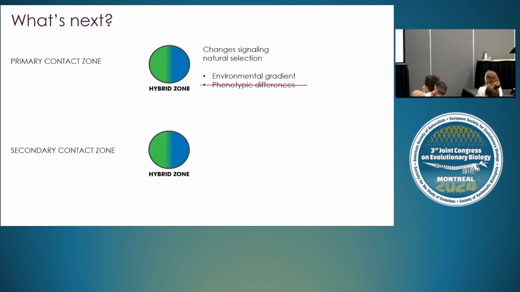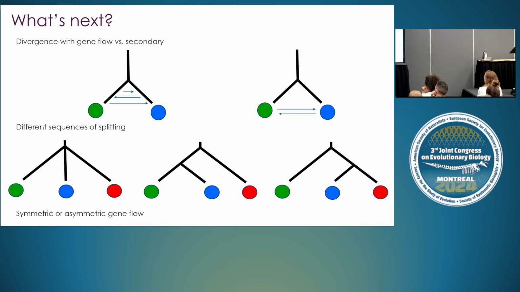What's next? Well, we have tested the phenotypic differences that are not there. We have to prove the obvious, that there is no environmental gradient in our system. I think we have to prove it formally. And we have to do all the combinations of potential scenarios, right? We have to see the differences in gene flow during diversification or after diversification. We have to see the different splitting patterns, and we have to add symmetric or asymmetric gene flow,